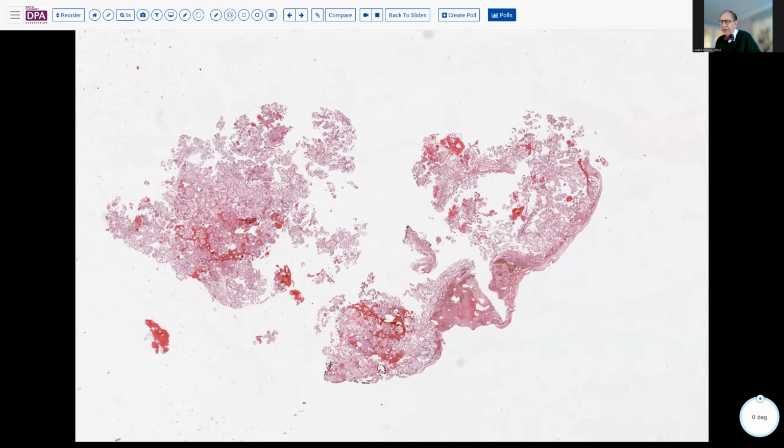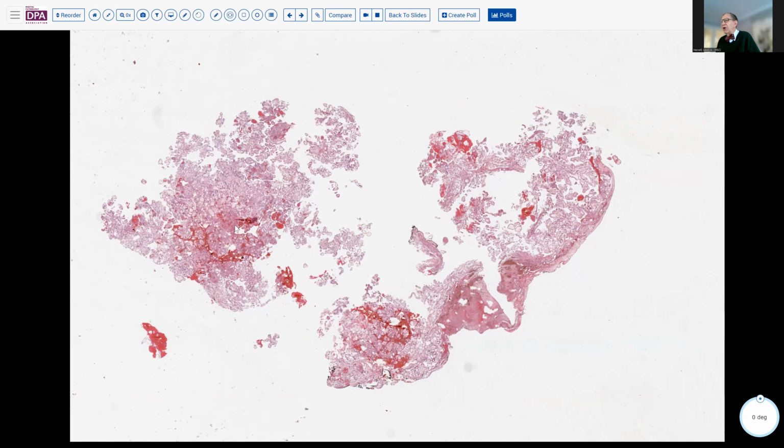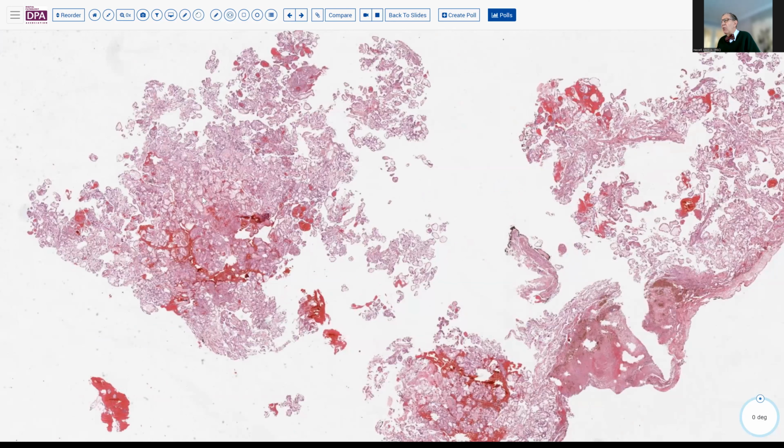So this is a lesion that was in a man who had an expansile sacral mass. It appeared to be arising from the spinal canal, but sometimes that can be a little bit difficult. But the neurosurgeon seemed to indicate that they were within the